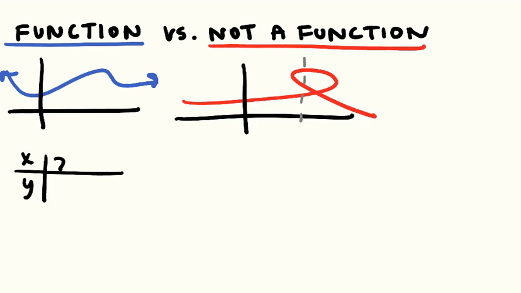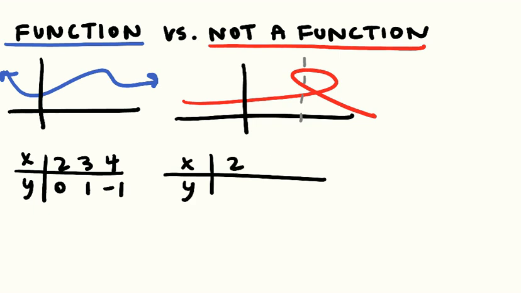If you see 2, 3, 4, and something like that, we're not seeing the same x mapped to multiple y's. That's going to be a function. What would cause this thing to not be a function is if we had the same x going to different y's. Something like that. So basically the fact that I have 2 and 2 going to 2 different values,